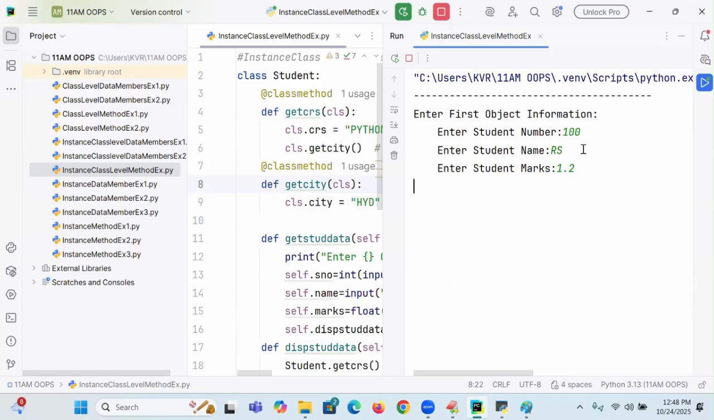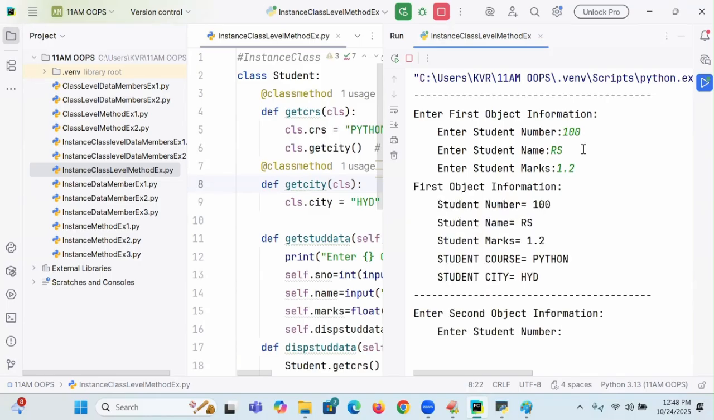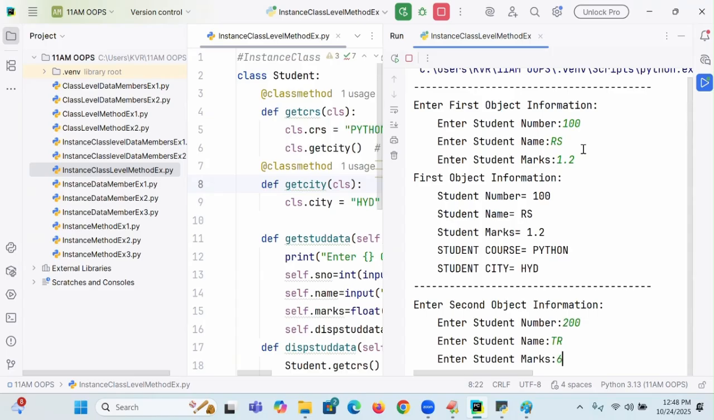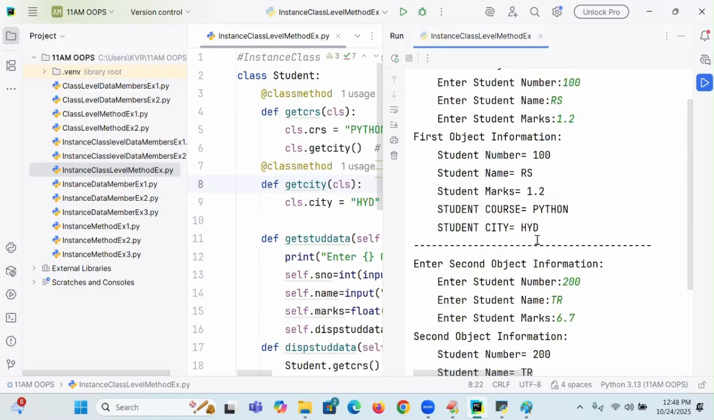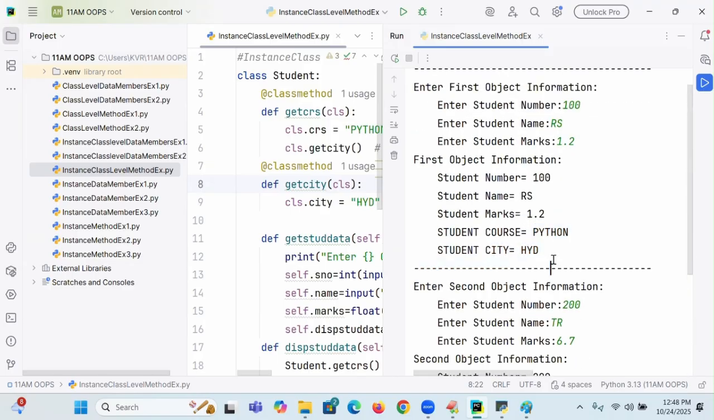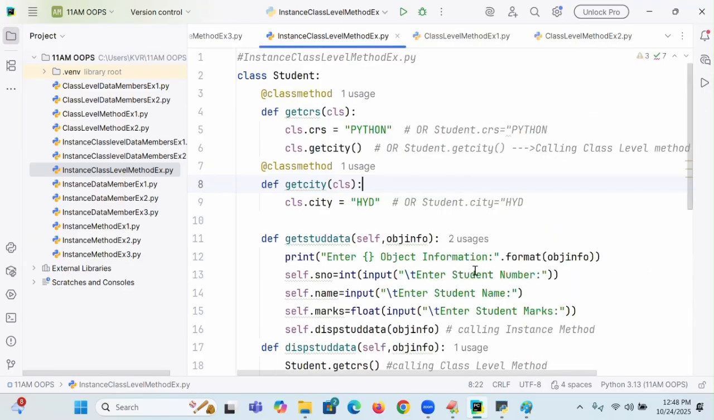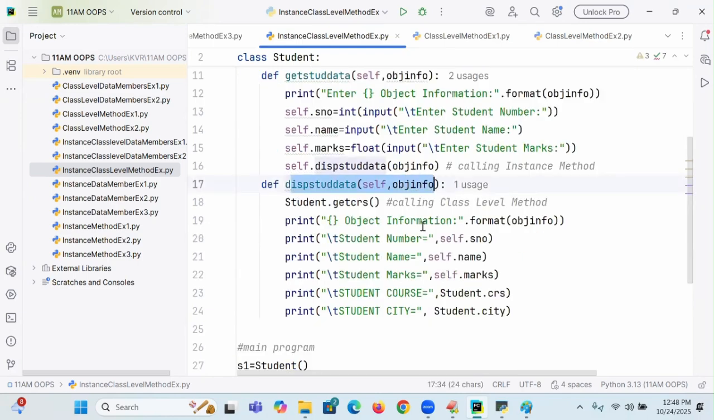CRS 1.2 got an output 200 TR and you are getting marks called 6.7. So got an output. Python and HYD coming. Python and HYD is also coming. So this will make you understand this is an instance method calling the class level method with respect to